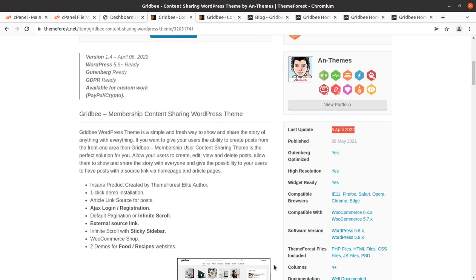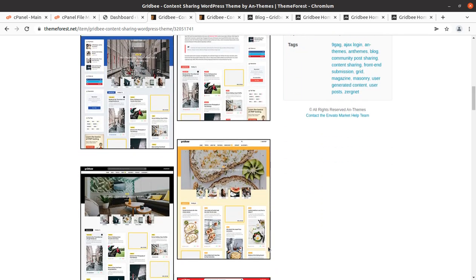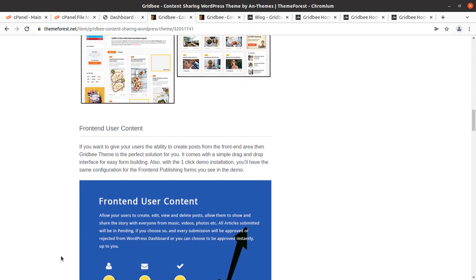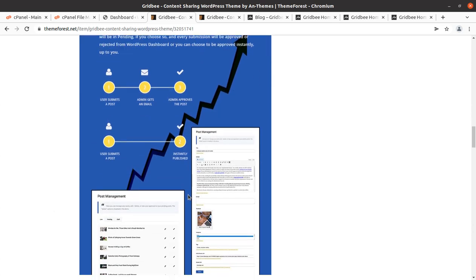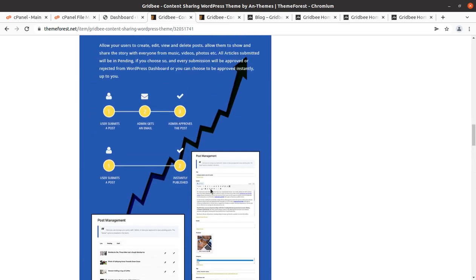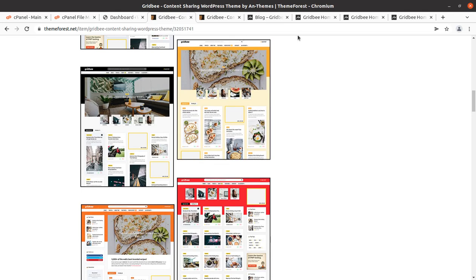And Gridbee is a WordPress theme, a simple and fresh way to share the story of anything with everything. So it is a very good, wonderful WordPress theme. And if you want to give your users the ability to create posts from the front end area, then the Gridbee theme is the perfect solution for you. So these are some introductory messages for the Gridbee theme, and we are going to overview the complete features and functionality